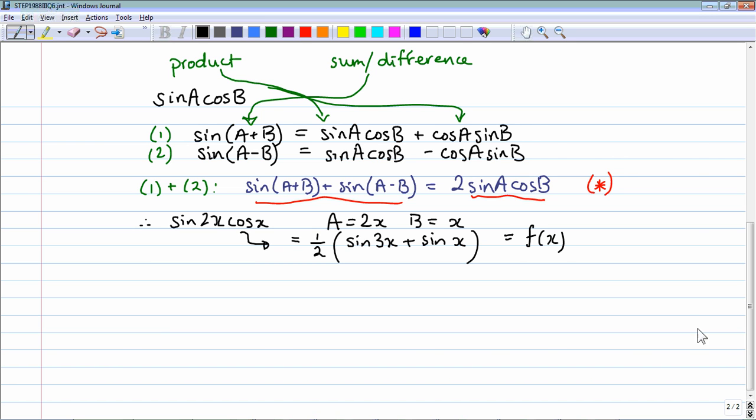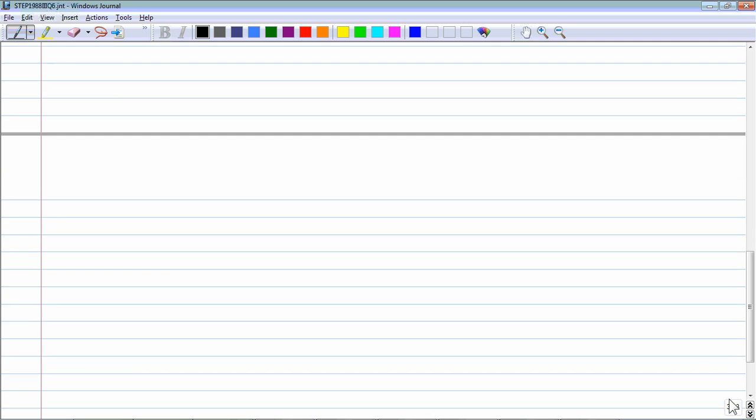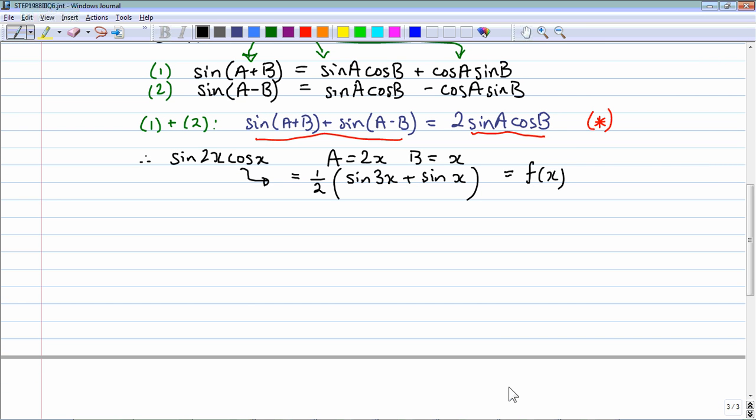Again, it's not the only way, I'm sure. You can be a bit clever with your trigonometry in other ways, but this is a very good way to do the question, I think. So we have this rewritten form of f of x. So we see that, for example, the first derivative of f of x is a half of 3 cos 3x